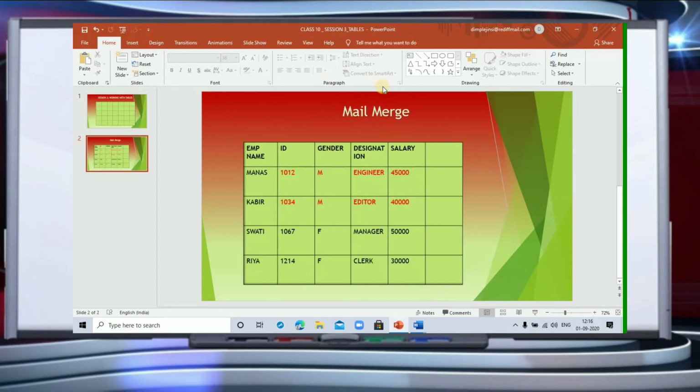Now children, we are going to understand about mail merge, a wonderful feature of digital documentation. It is used to combine a data source which contains addresses of all the recipients with the main document. It saves your time and energy to send letters to multiple addresses.